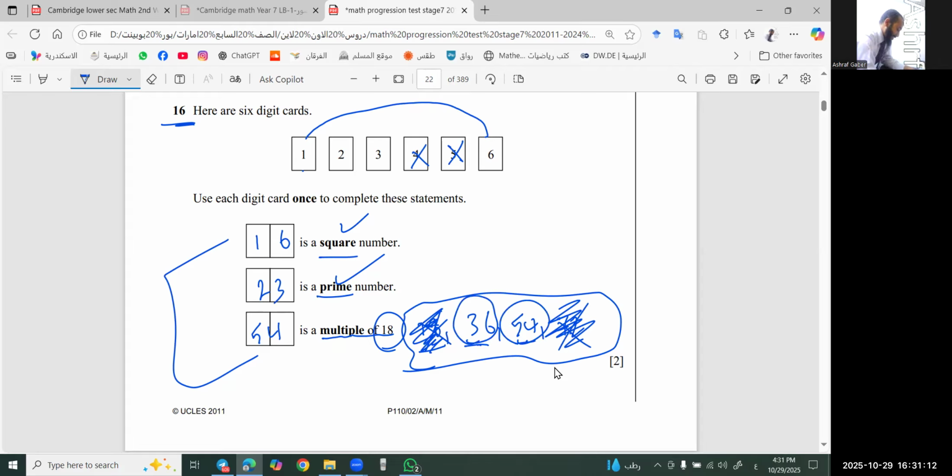First we choose 36 and we cannot complete the square number and the prime number. So we choose what? We choose 54, we write here, and the remainder with me is what? 1, 2, 3, and 6. And from 1 and 6, we formed the square number, which is 16, and 2 and 3 is what? Is a prime number. Clear يا بنات؟